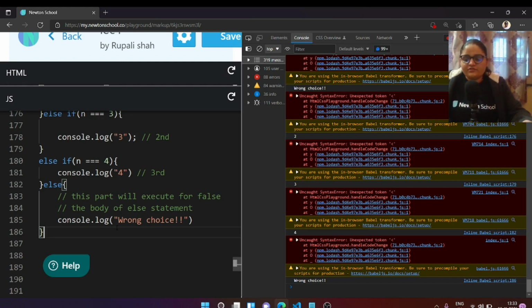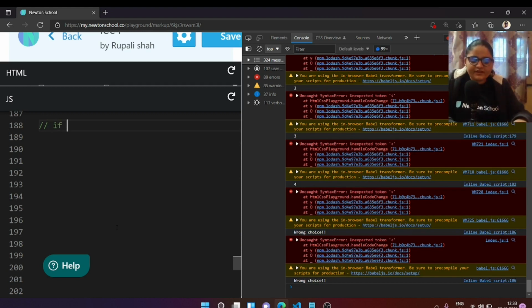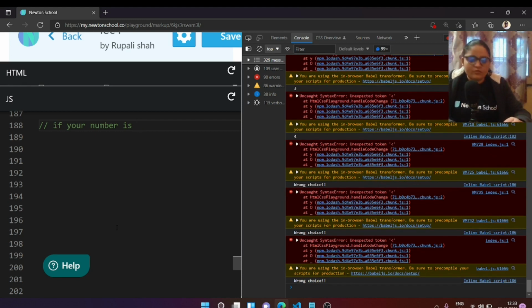Now, we have some practical programs on it, and we will look at one of the examples. Yeah, we can go for positive and negative numbers. That would be more viable. So let's say that if your number is positive, then execute a statement. If your number is negative, then execute another statement. If your number is 0, then execute another statement.